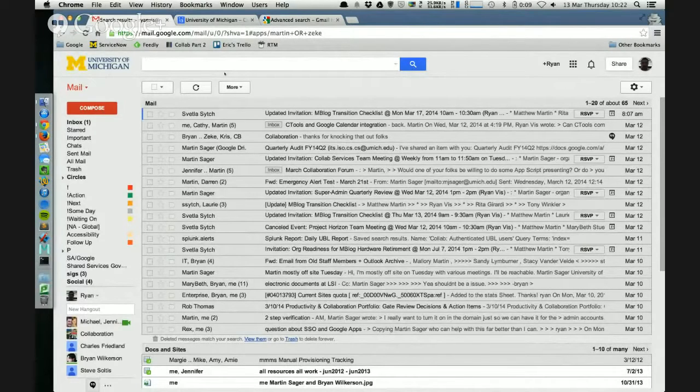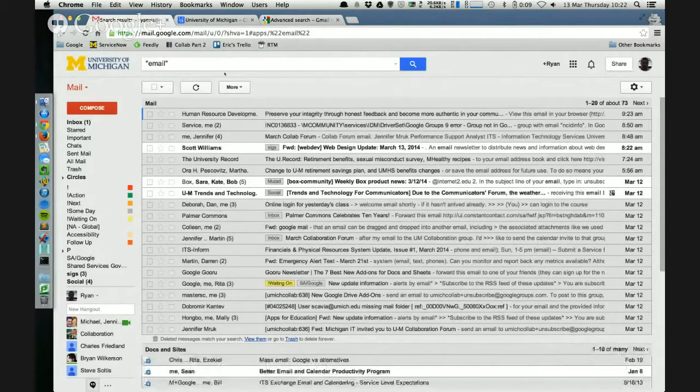Another thing you can do is literal operators. So if you want to search for exactly a word, something like the singular of a word and not its plural, I can search for email specifically, and that's a terrible search in my email box, but this will return only things that have the word email exactly as I typed it into the search bar.